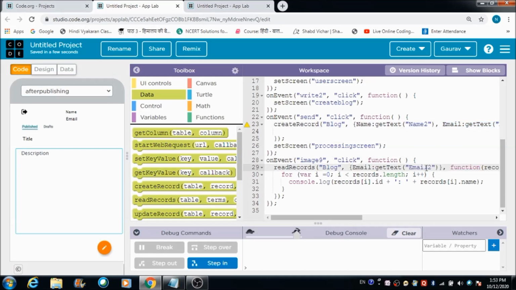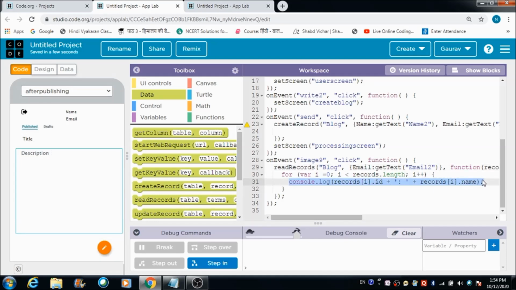So the person whose email ID matches this email too, the email that is getting reflected over here in this component email too, his recently created blog should be visible to me here.